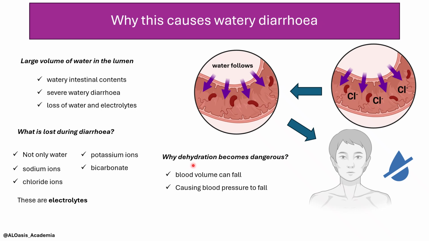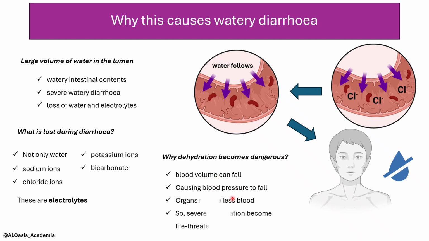Dehydration becomes dangerous when a lot of water is leaving the blood and the tissue fluid and entering the lumen. What happens is the blood volume will fall. Remember, as we explained in a different schematic, the water will come from the blood capillaries. They will leave the blood capillaries into the lumen, and that would result in a fall in blood volume. A decrease in blood volume will result in a decrease in blood pressure. So the patient that is suffering from severe dehydration will have less blood volume and will have low blood